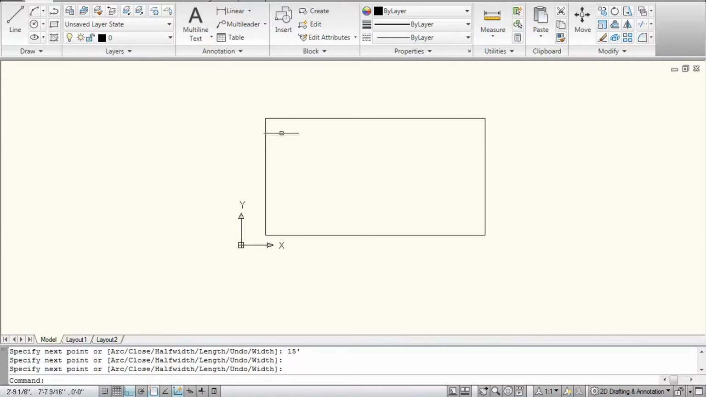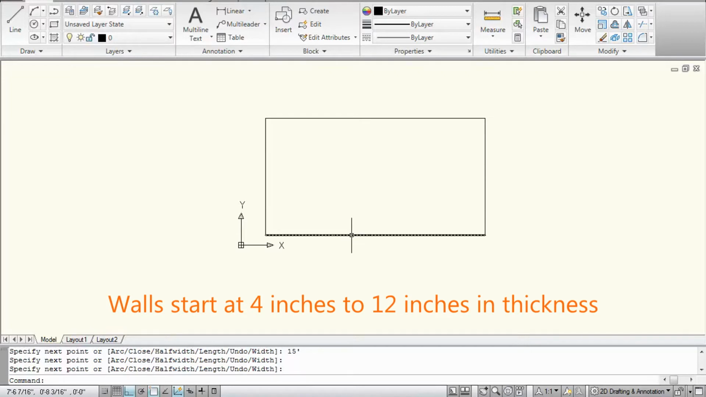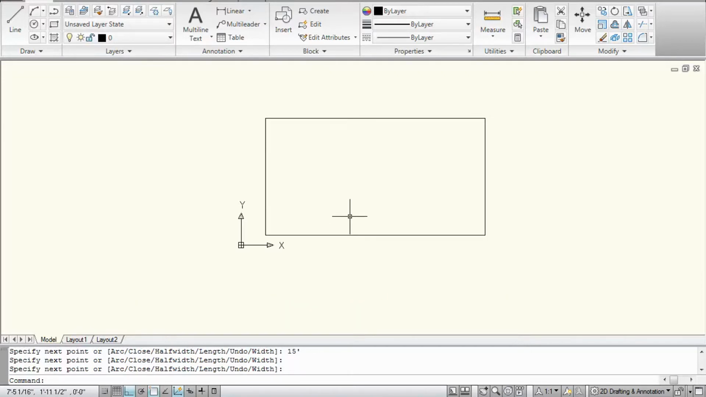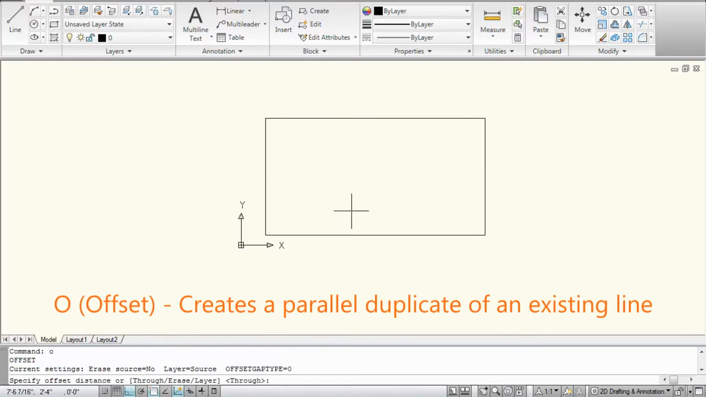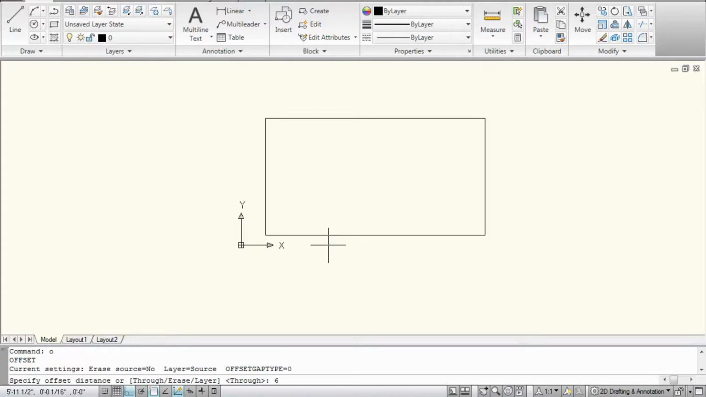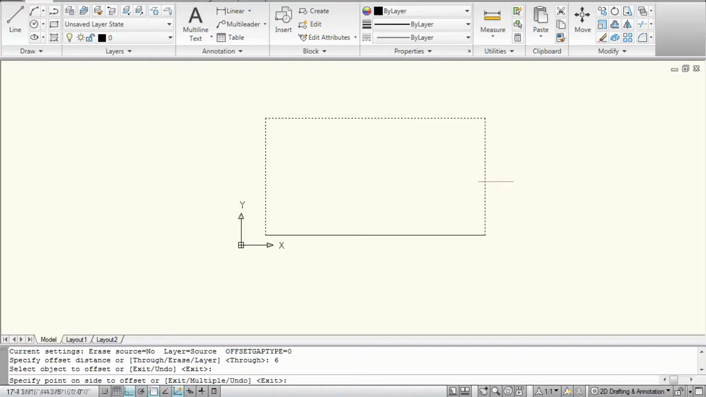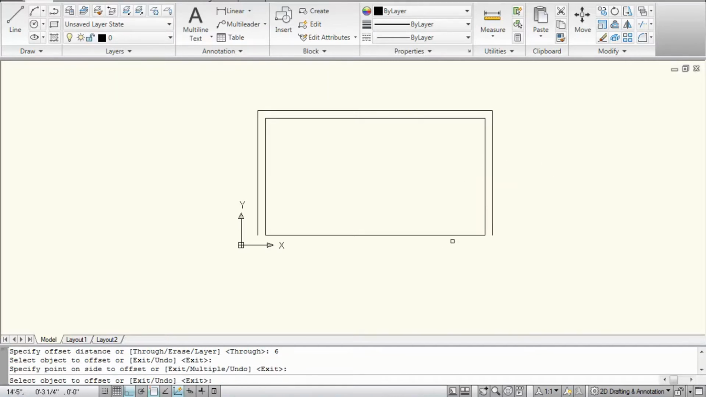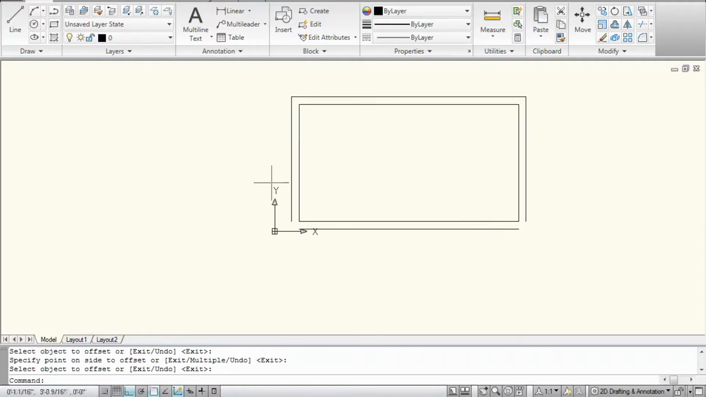So I want to make sure that the wall shows. So all I have is a rectangle. To do that, I want to show a 6-inch wall. Walls start at 4 inches to 6 inches. So I'm going to start at a 6-inch wall. I'm going to press offset, which is O, enter, and I'm going to tell the computer that I want a 6-inch offset. So I press 6, enter. I select the walls that I want to push out. So I click on the outside, and I click on this outside,